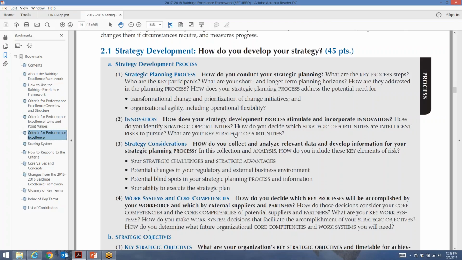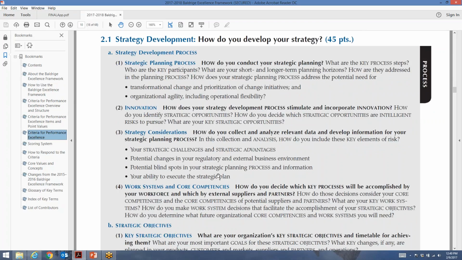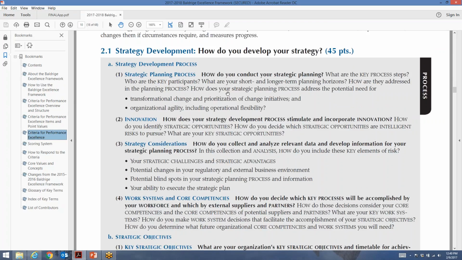And again, for an examiner team, it's kind of a feel. They're coming back through here and saying, let's see, in their strategic planning process, did they tell me the key process steps? Did they tell me about their planning horizons? They're going through, not really as a checklist, but just kind of an overall feel. So if you've put this in a picture, and that's why I think this ought to be in a picture, then you can refer back to that picture and address a lot of this and then clean it up in the commentary. But that's the multiple level.